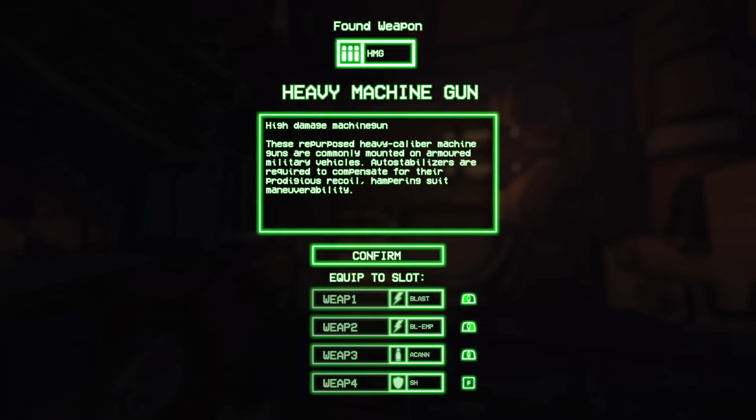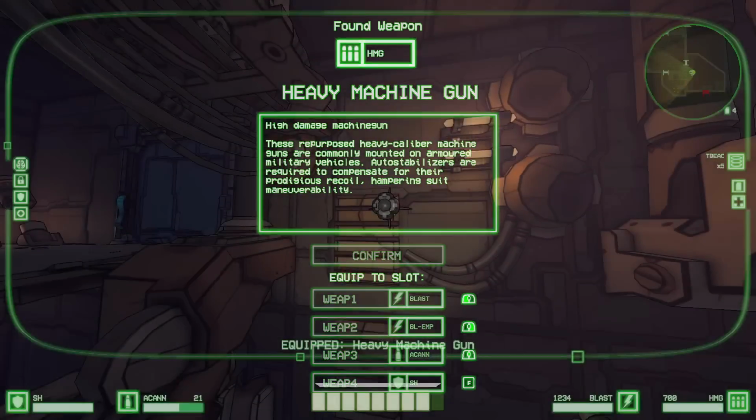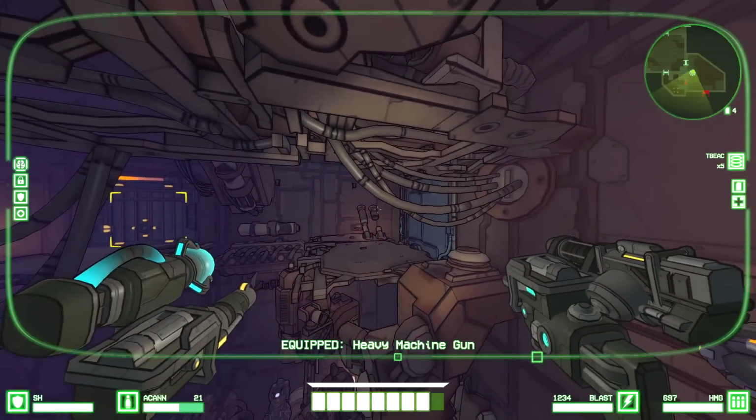What are you, a heavy machine gun? A heavy caliber machine gun? Okay. We could swap out the blaster for sure. It says that it has prodigious recoil. It's a little concerning. I don't know how I feel about that. The EMP doesn't really seem like it does much though, so...